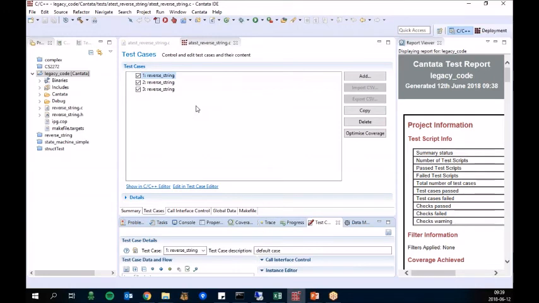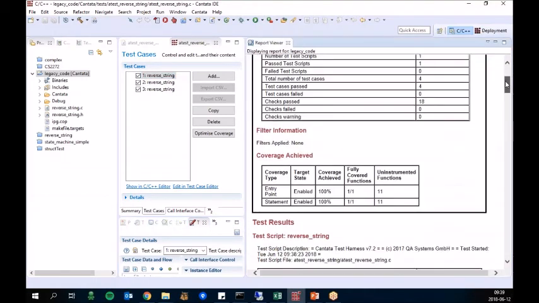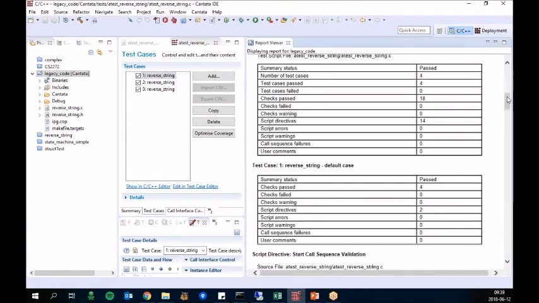So this is one way of using the auto test. And you can see here there's one example of test reports. The test reports can be in text, HTML, ready for